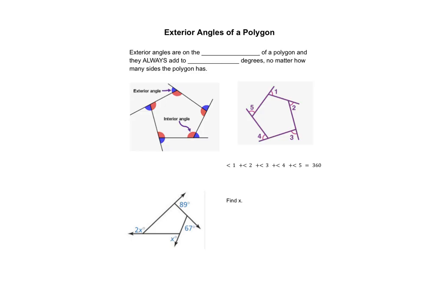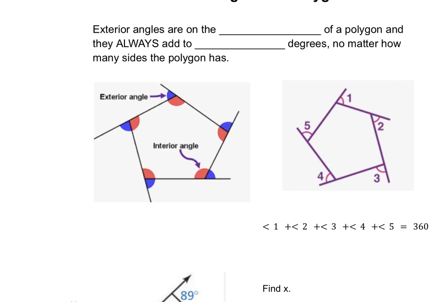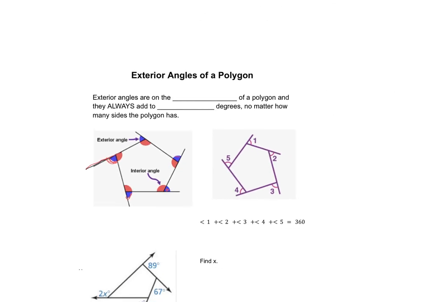So we have angles on the outside. If you notice on these diagrams, and we talked about exterior angles with triangles, remember, last semester. I'm sure y'all remember everything I said. But the exterior angle is when it has that weird line coming off on the outside, and it's making this angle on the outside of the polygon. That angle on the outside on this diagram, they're all labeled in blue. Okay, and the nice thing about exterior angles, it doesn't matter how many sides the polygon has, it doesn't matter any of those things. Exterior angles that are on the outside, remember interior meant inside, exterior means outside, always add